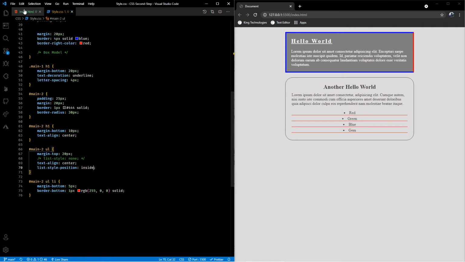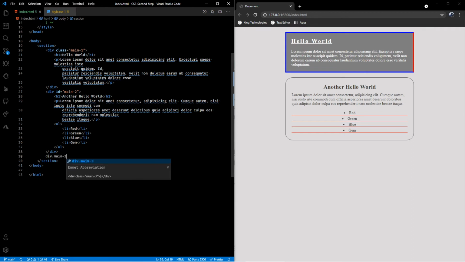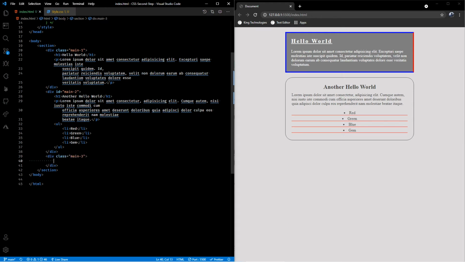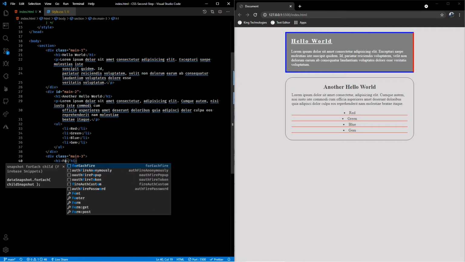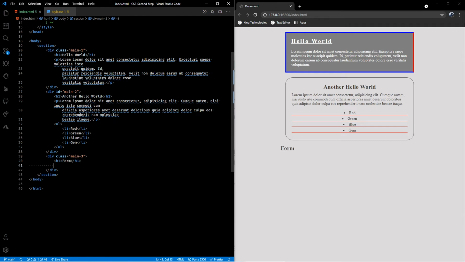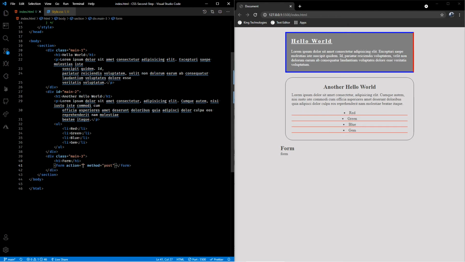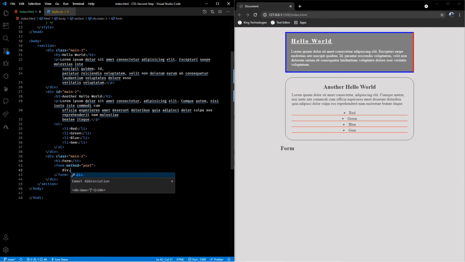After that, let's make a form, because by default an HTML form is very ugly. So let's create div.main3 by using emmet, and give it an h1 of form. But let's create a form with a post action. We don't need it, because we are not going to use it. Let's give it a div of form group